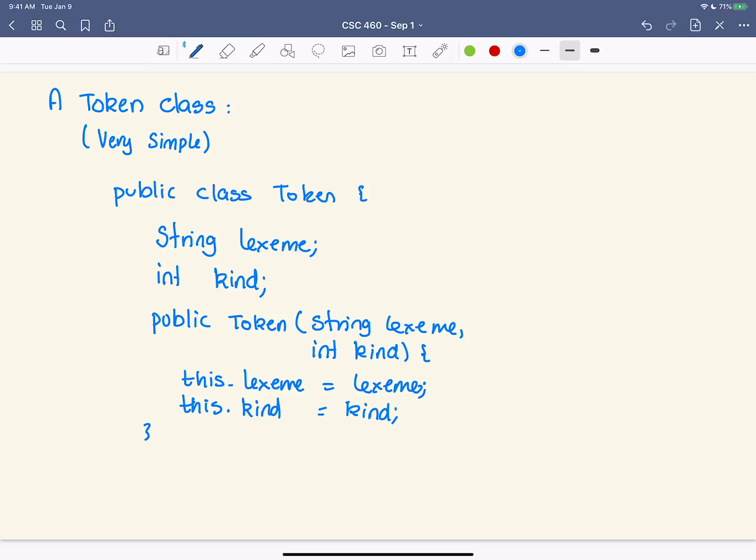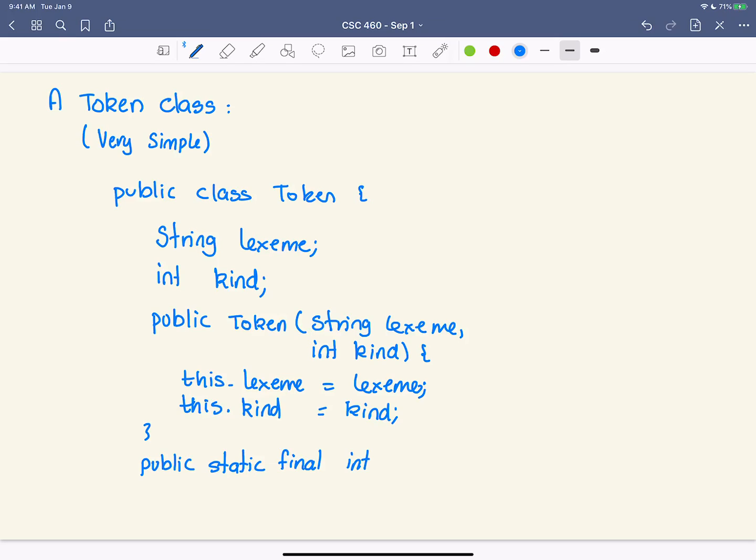So something like that. Now the obvious question then is, where do I get this kind from? Well, we could provide a whole bunch of different kinds in here. So we can do something where we say, for example, public static final int. That's how you do a constant.